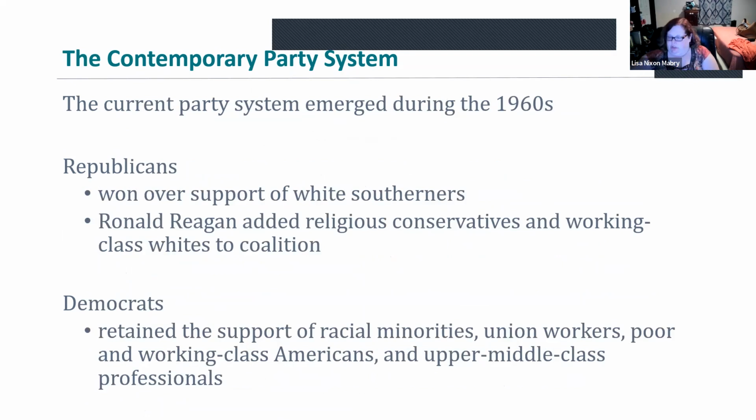Okay, so this is where we're at. Now we're at our current system, the contemporary American party system. That emerged in the 60s, like I just said. Republicans kind of won over white Southerners in that divide. Ronald Reagan added religious conservatives as well, and working class whites to the coalition, who also felt